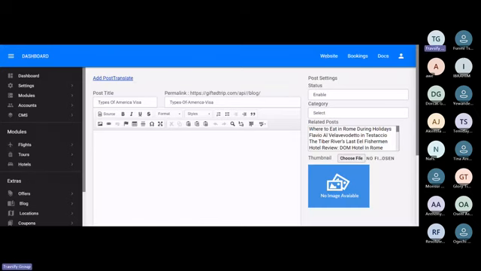So we want to create content for types of American visas, and I'm going to just copy them, paste. Then after that, I'll add an image or a picture just to spice up my blog post. And when I post, it becomes